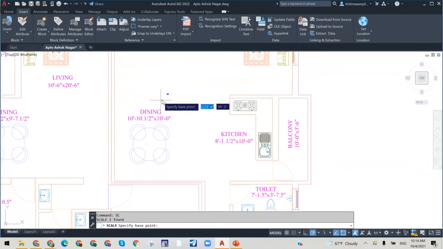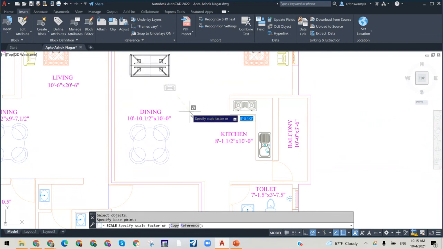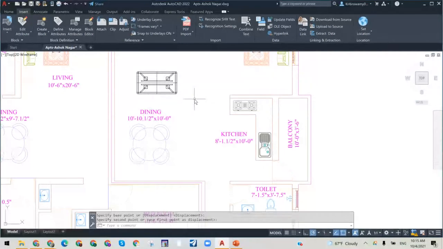Now let me see if the scaling works. Oh, it's going somewhere else. Okay, somebody asked if we can scale blocks. So this is how we scale. Right, I'm able to scale it. See that? Now if I'm going to explode it,